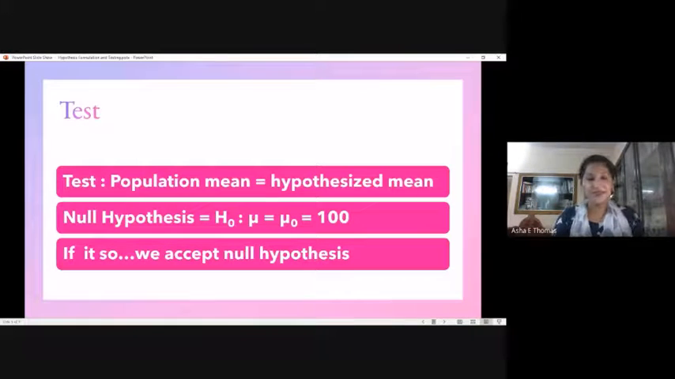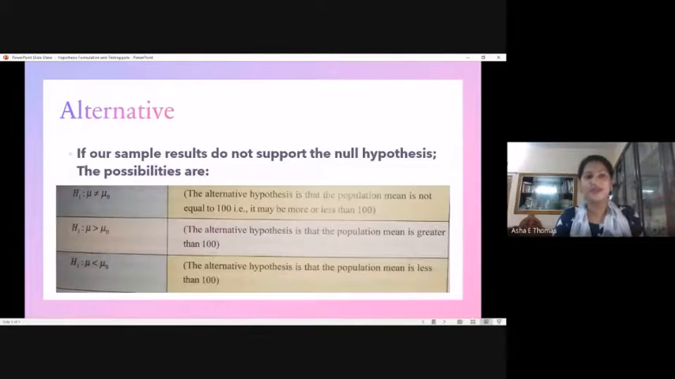Now, as I said, there can be three possibilities which have resulted in this rejection. The first one is the general thing: the population mean is not equal to the hypothesized mean. The second one can be that the population mean is greater than the hypothesized mean. Or the third one is that the population mean is lesser than the hypothesized mean. These are the three possible alternative conditions which we will arrive at when we conduct different types of tests. There are different types of tests which we go through,